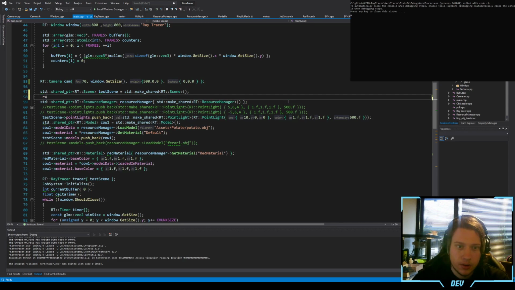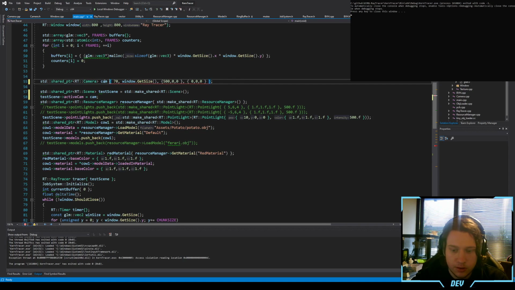Oh, test scene dot active cam equals cam. So this needs to be a shared pointer of type camera, and it is cam, and it is equal to